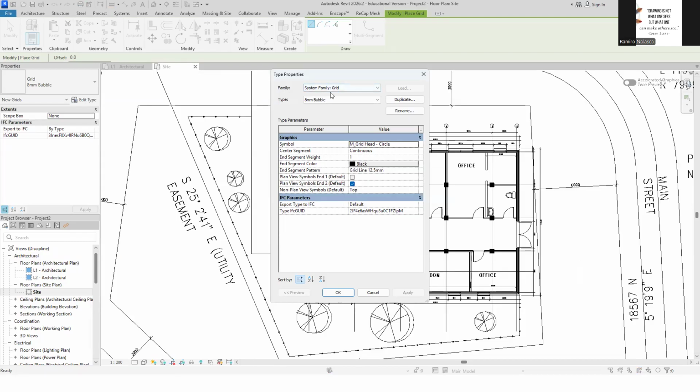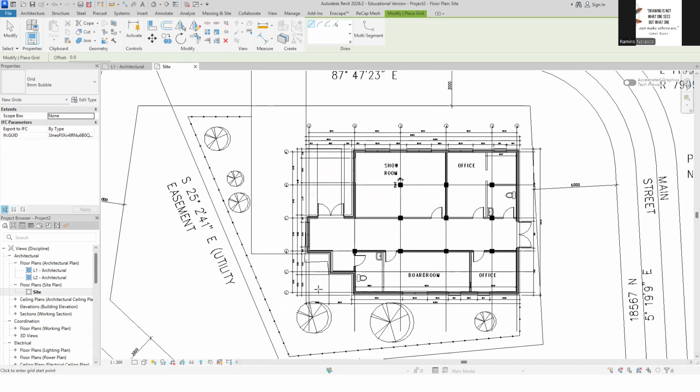This is a system family grid and the type is an 8mm bubble. Before you change anything here, you need to make a duplicate and rename it. So don't change anything. We'll accept the value for now. We'll have an 8mm bubble and we'll see what it looks like. So let's click OK.